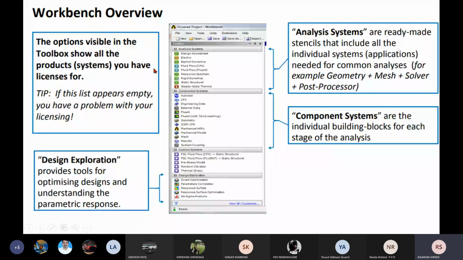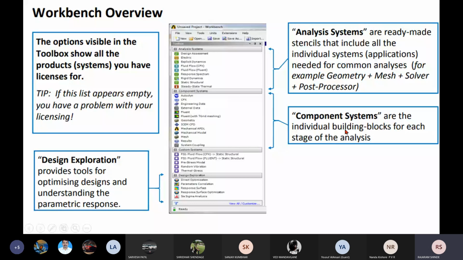Now see here, there is an analysis system. These analysis systems are ready-made stencils that include all the individual systems and applications needed for common analysis. For example, geometry plus mesh plus solver plus post processing is included in these analysis systems. Now the component systems are the individual building blocks.